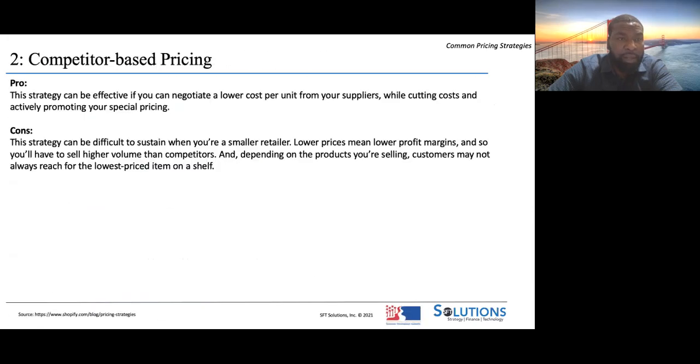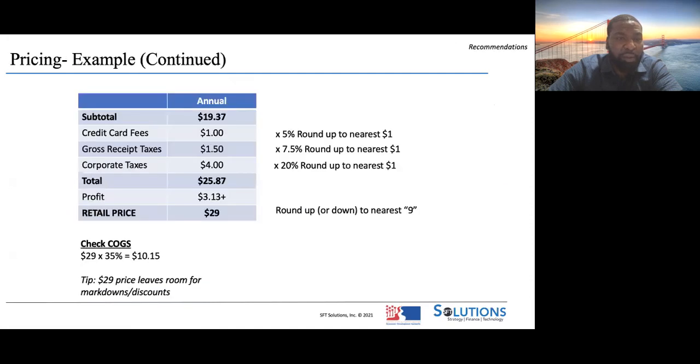So the first one would be cost plus, right? And that's easy. Grab all your bills, figure out what you're spending, and just basically price just above that. My recommendation would be whatever you're selling online, make sure that price is no more than 35% of whatever the retail price is, right? So if you're buying that t-shirt or shoes, what are you selling?